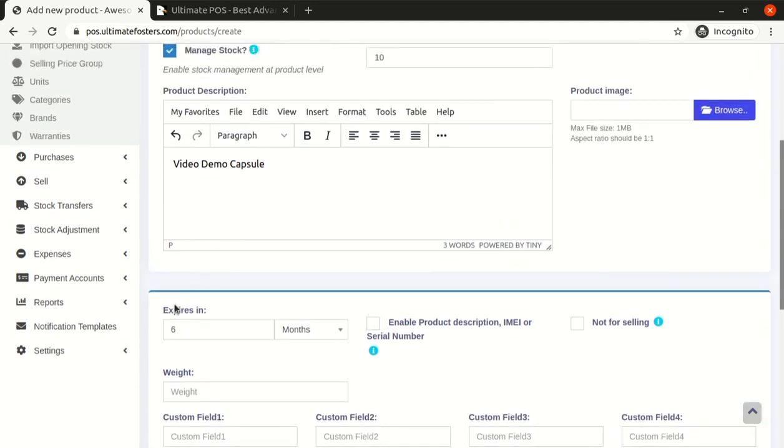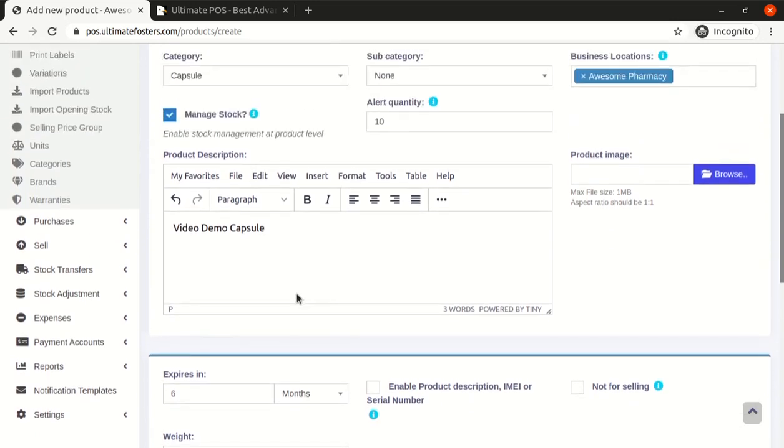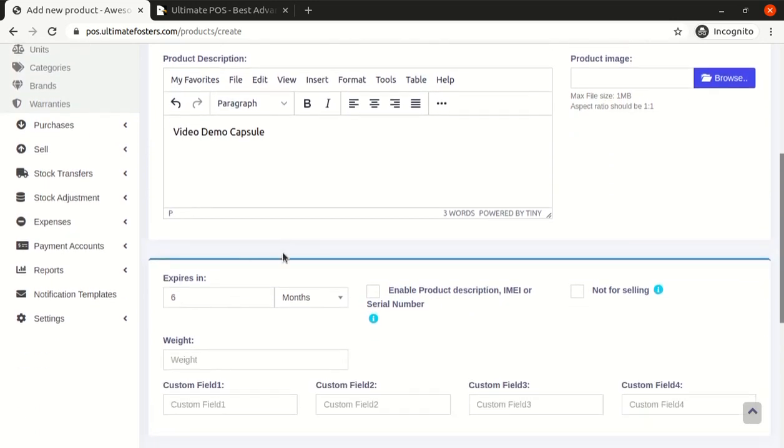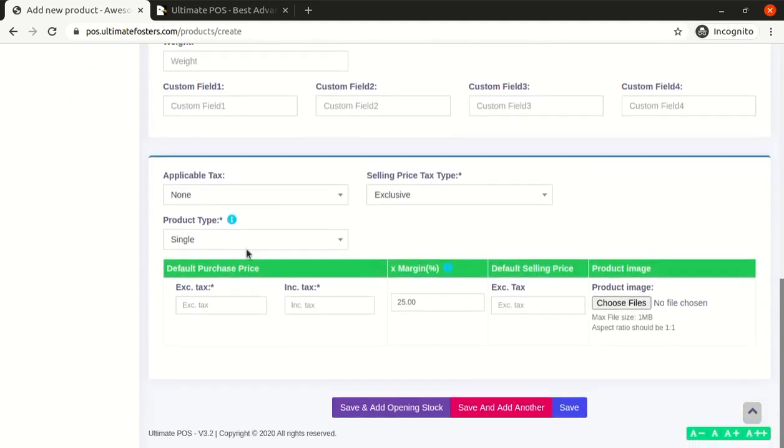We have a detailed video on how to use this expiry date. You can check out that video for a detailed explanation. I can enable lot number, if it is not for selling, I can select this one. Let me leave all this blank.